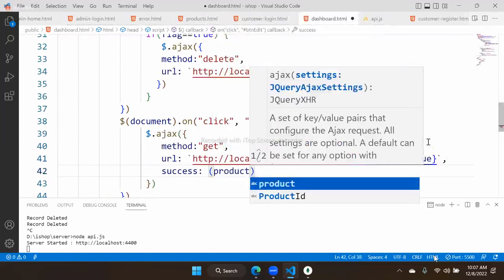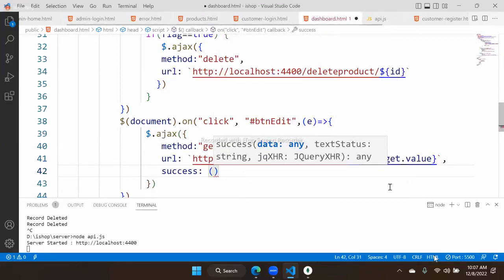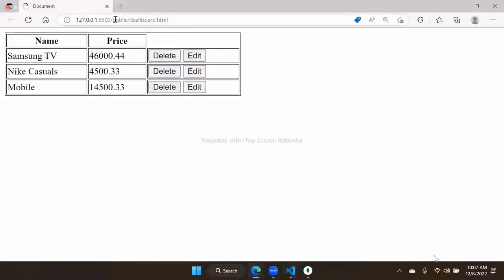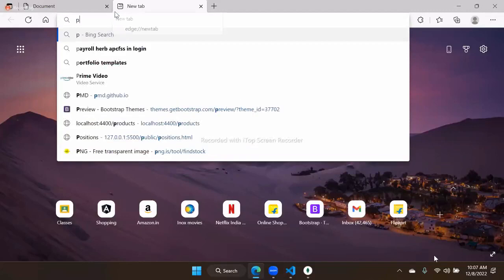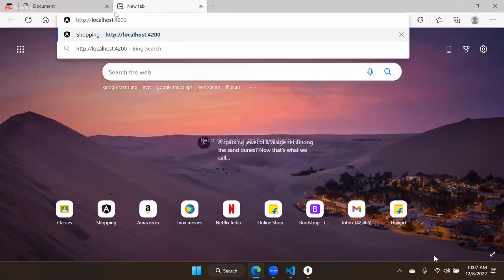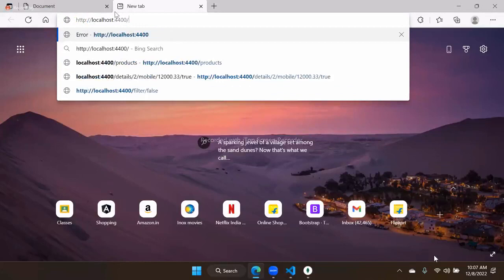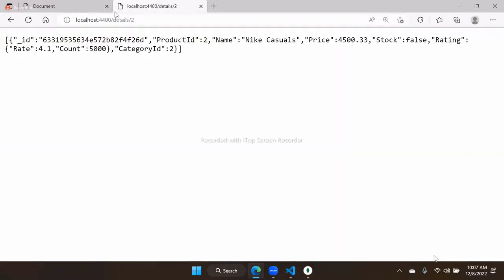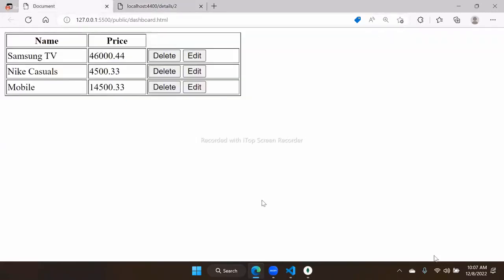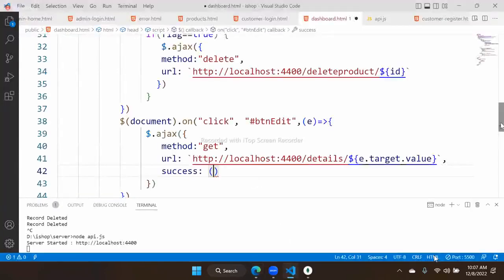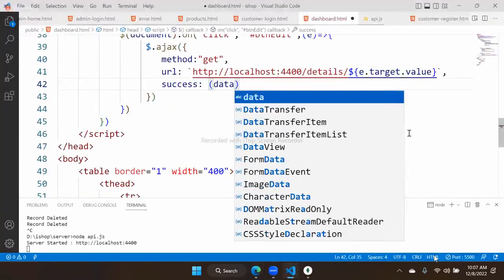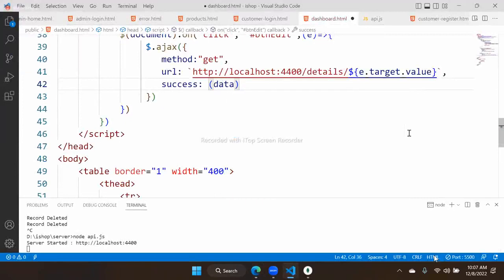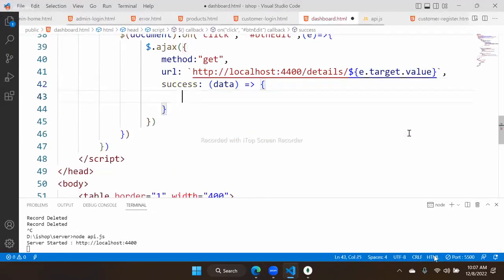On success, the product detail will come. Only one product detail is coming. See what is coming. It is returning an array. I hope it is returning an array. localhost:4400/details/2. It is returning an array with one object. So what we have to do? That means here it is returning an array of data. Now what we have to do is implement this: get the details and display them somewhere